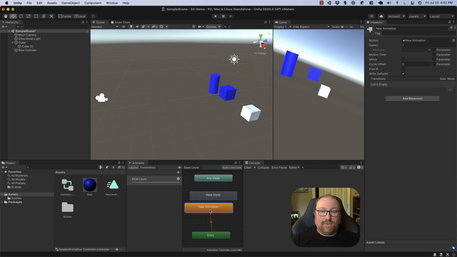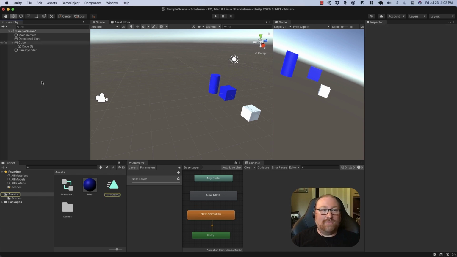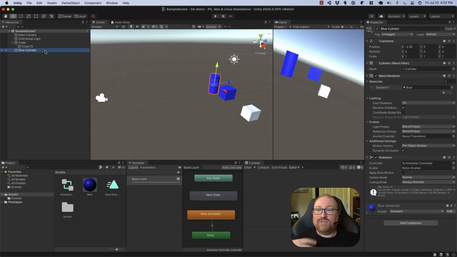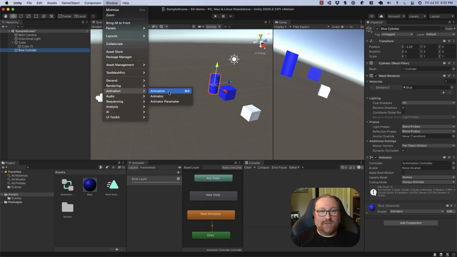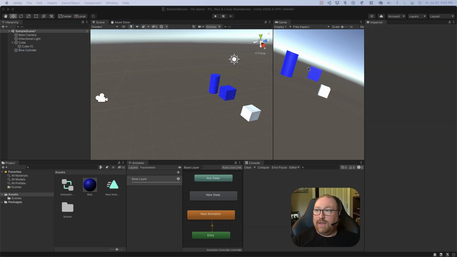Now, I'm whipping through this pretty fast. I am creating an animation, I'm adding an animation controller, doing a bunch of stuff, right? The point on this is not for you to follow every aspect of it, it's to see how many features Unity has built in. So now I can go ahead and open up the animation window, and the animation window